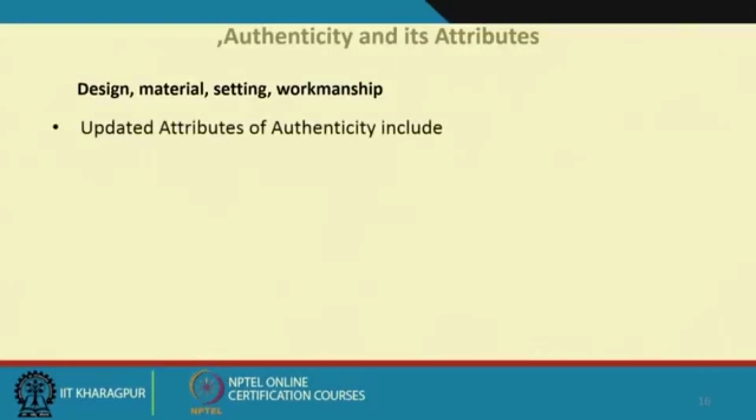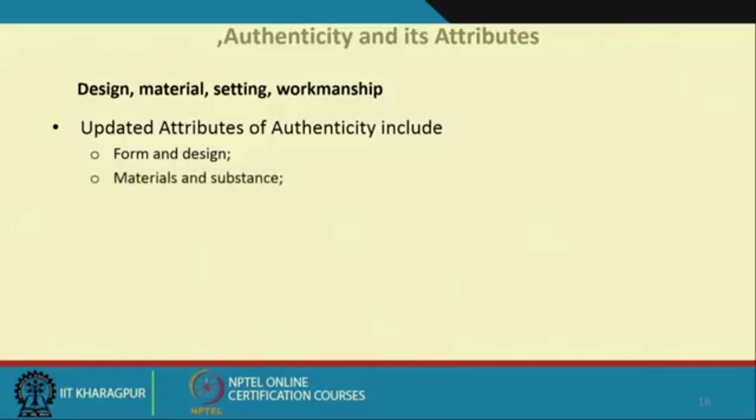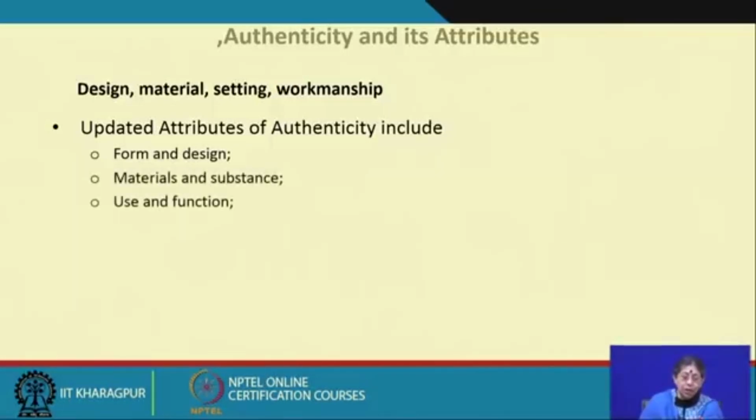So these attributes were updated, and now the attributes of authenticity include form and design, materials and substance, use and function, tradition, techniques and the management system,